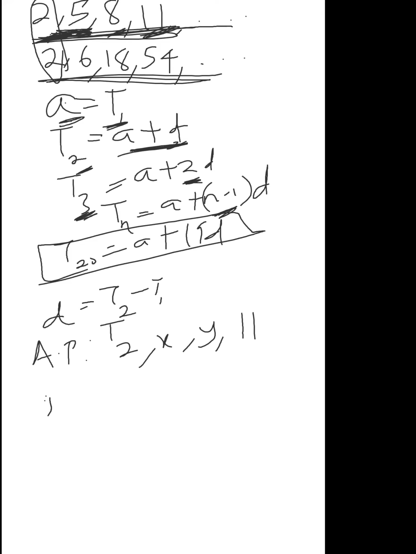So this is T1, this is T2, this is T3, this is T4. So a very good way that we can also easily get this one is to also use the formula of common difference. But the formula for common difference we are going to use here is what? It is if you are given distant terms. So instead of saying T2 minus T1 now, instead of saying T2 minus T1,